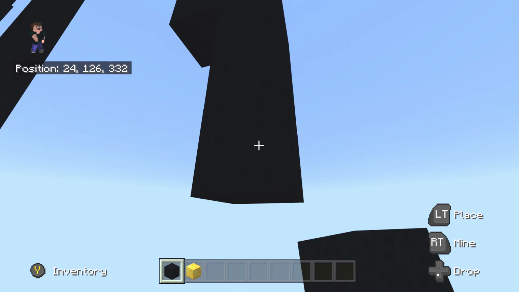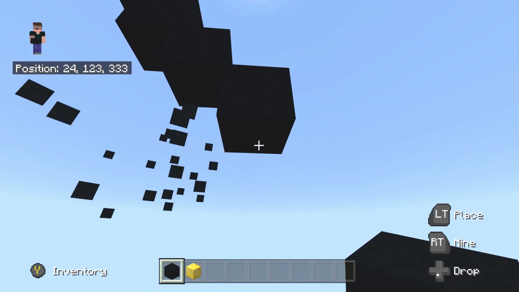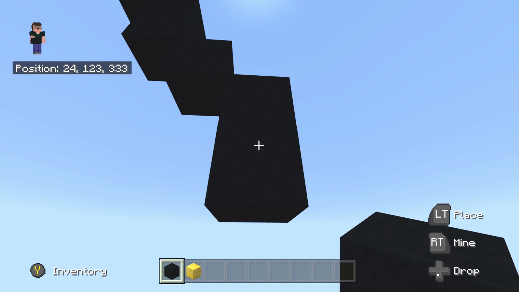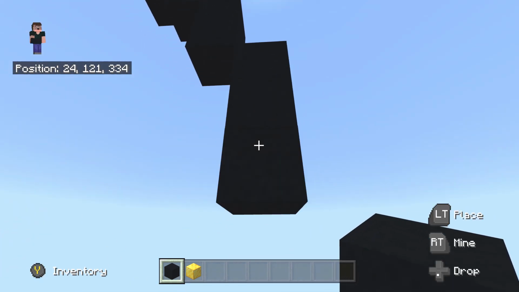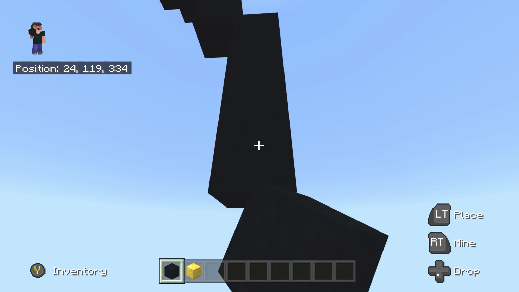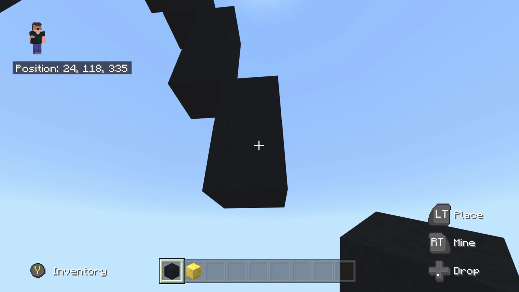Then do another bottom right diagonal, and do another bottom right diagonal, and go underneath by another 1. Then do another bottom right diagonal. Go underneath by 2, so 1 and 2. Then do another bottom right diagonal and go underneath by 1. Then from here,